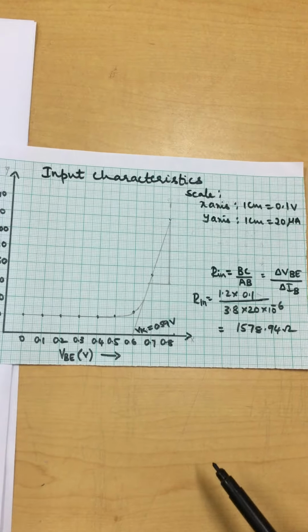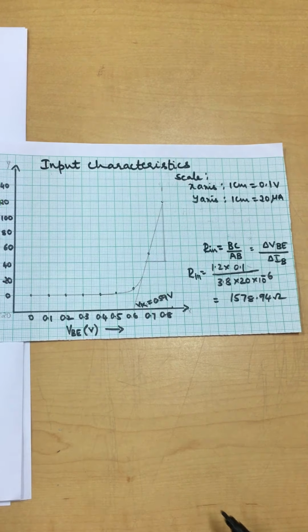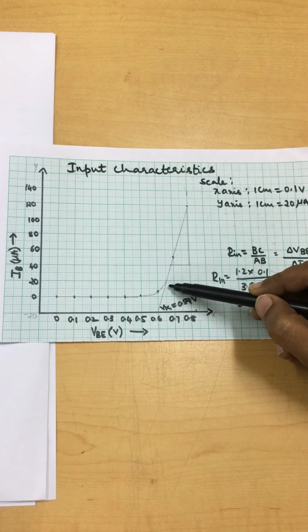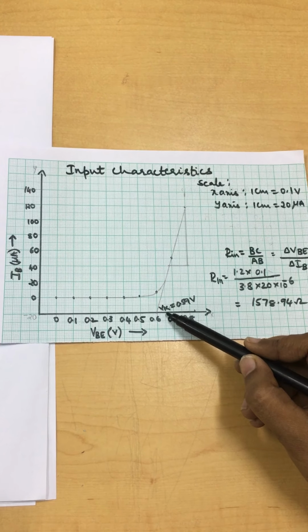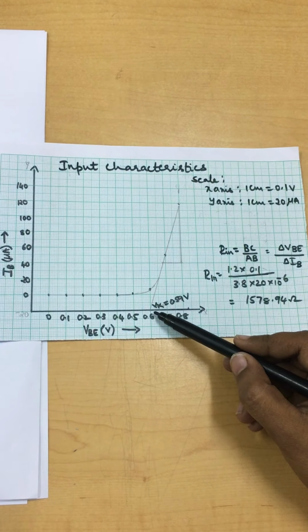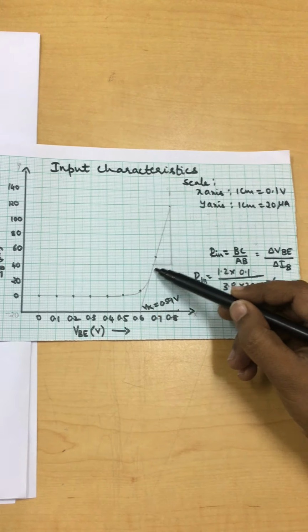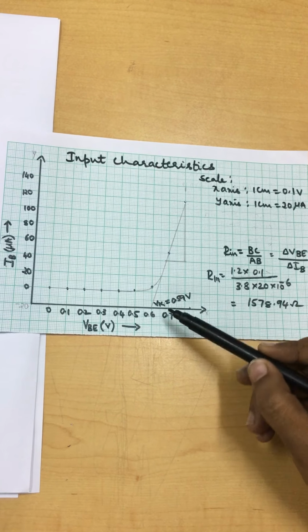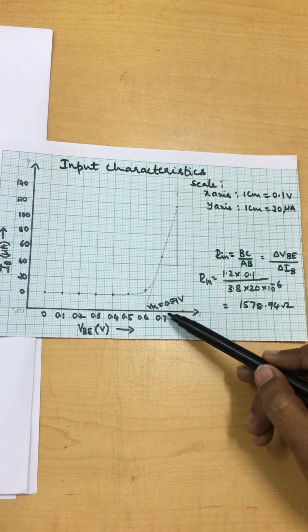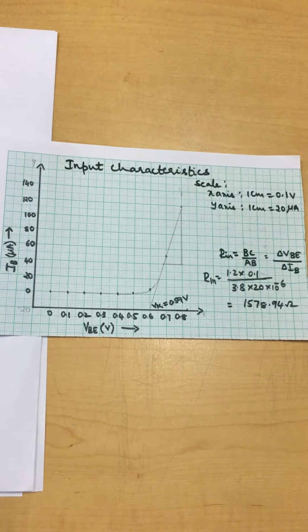In this tabular column, you have to determine two things. One is the knee voltage and another is the input resistance. See here, I will extrapolate this line along the x-axis. So this is the knee voltage Vk, which you can observe here, almost 0.59 or 0.6 volt. It is the forward voltage at which the current increases with the increase in voltage, and approximately 0.6 volt I have got from this graph.